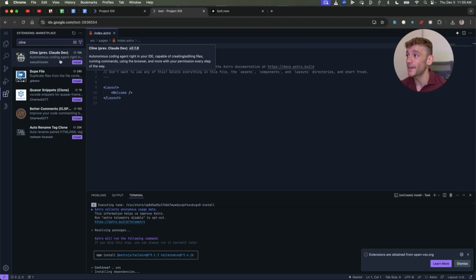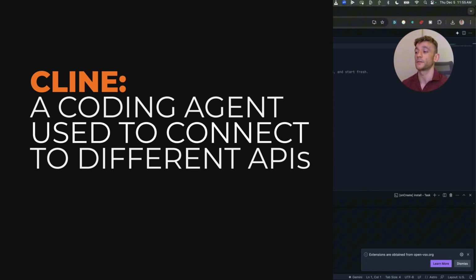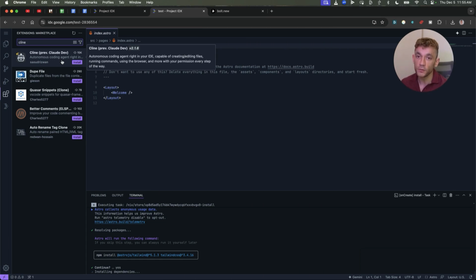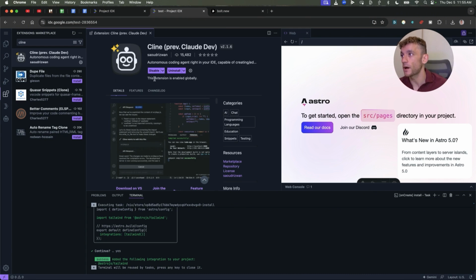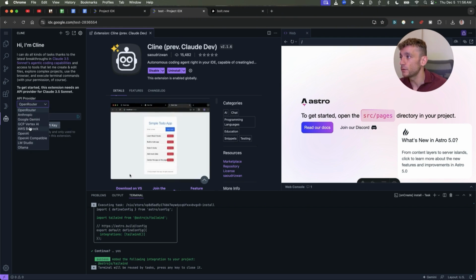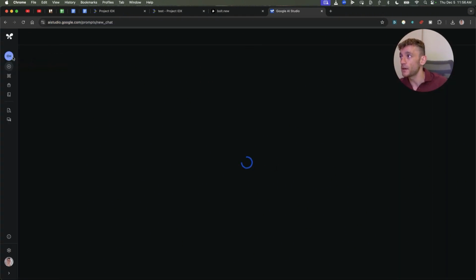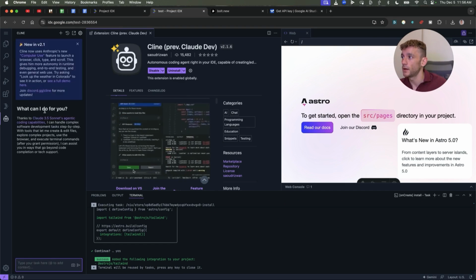Now, Cline is a coding agent that you can use to connect to different APIs. So let's say, for example, you want to use Claude, or you want to use ChatGPT, or you want to use an API from Gemini, etc. Now, once you've installed Cline, and you need this for the project, now you can select your API provider. If you want to use a free API, you can select Gemini, and then from here, we can go to AI Studio. We can grab a free API key, plug in the API key,